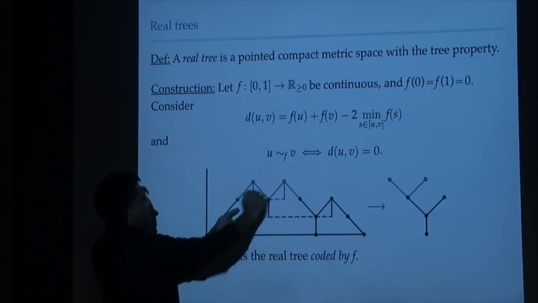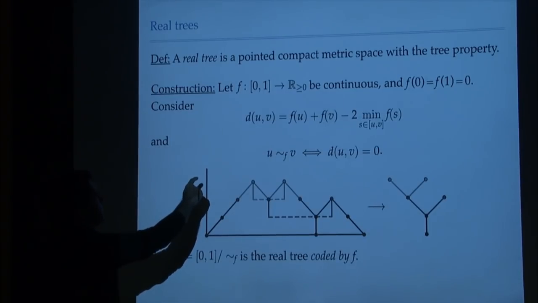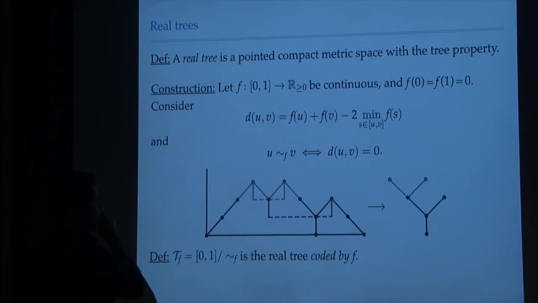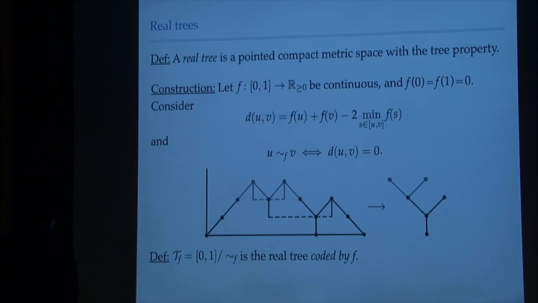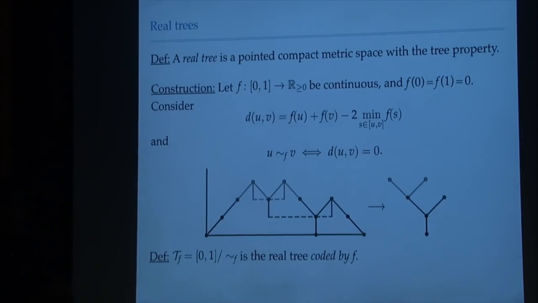identical if somehow, wait, let's see, which 2 points on this figure do I want to be? Okay, did I give you the quotient? Okay, so the relationship is that 2 points are the same if, so you identify 2 points if the function lives above them and doesn't go back below it. So I take the continuous function. If I have an interval on which the function lies above, then I just say that these 2 points are identified. Okay, so there's a simple recipe that takes an excursion, and from the excursion you take a